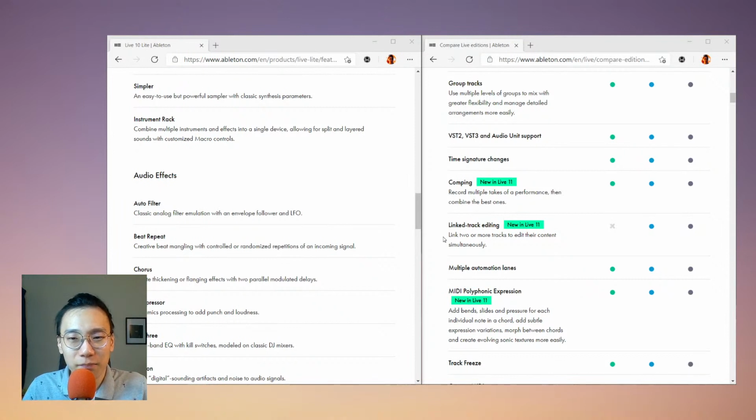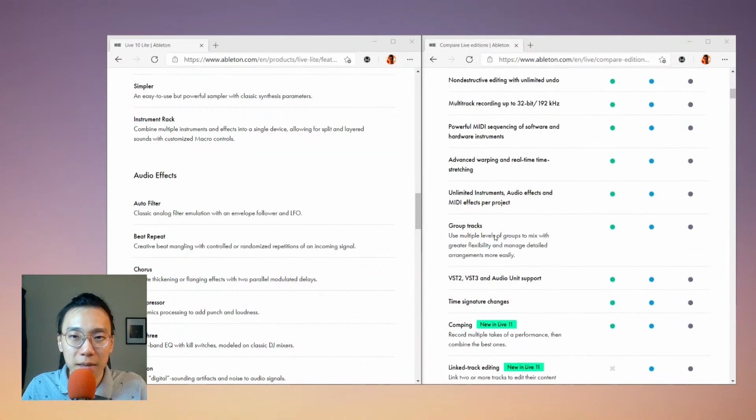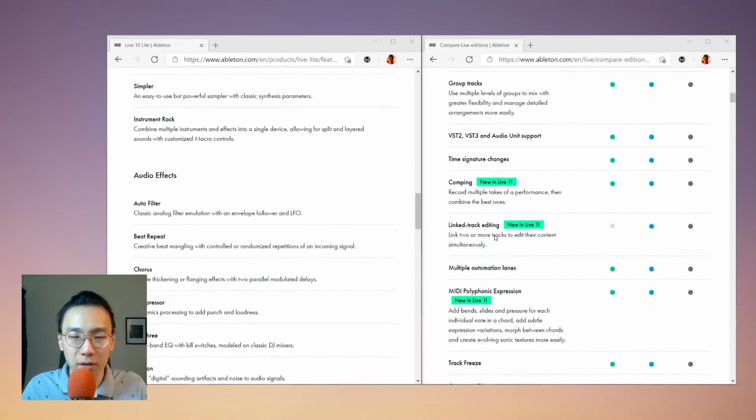We shall see, I guess. This one is confirmed. There's none already, but we never know. Maybe they might still surprise us, because for example, with Live 10 Lite, they surprised us with complex warp mode. They surprised us with more inputs and outputs. So will they finally give us more tracks? More than 8 tracks, 12 tracks, 16 tracks? That's a bit far-fetched, but